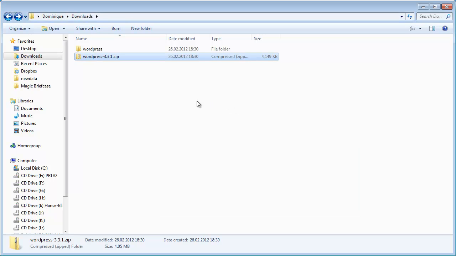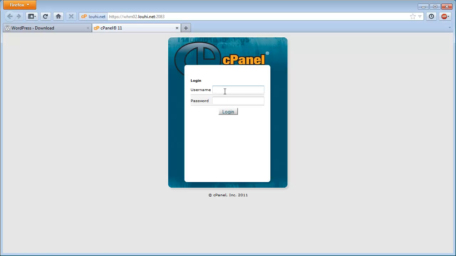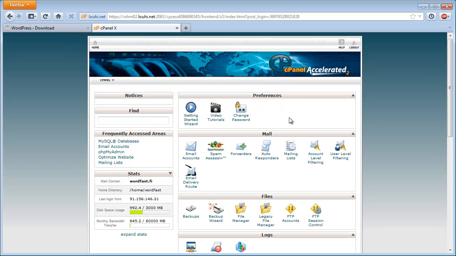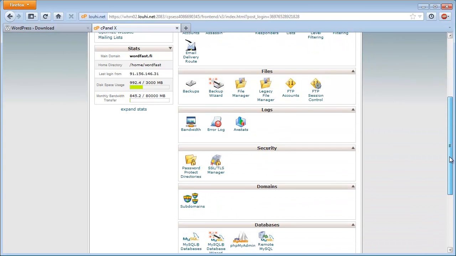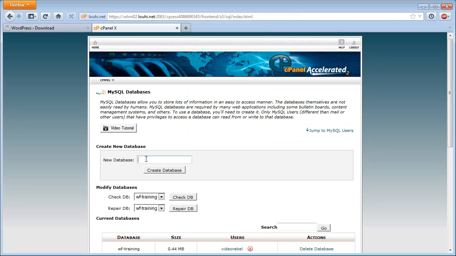Okay, now I'll go back to my browser and I'll go to the management interface of my website. There's something called cPanel. I will log in, and in cPanel I'll go to something called MySQL databases, and here I'll create a new database for my blog,